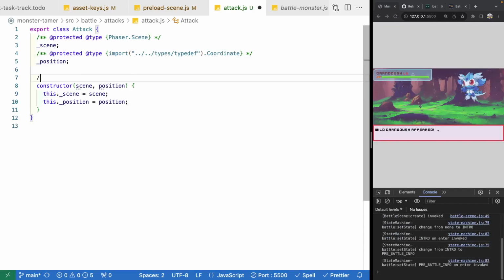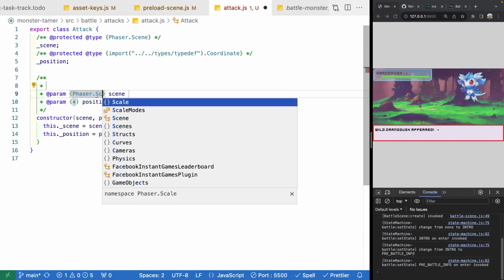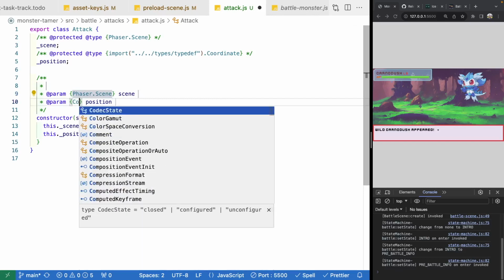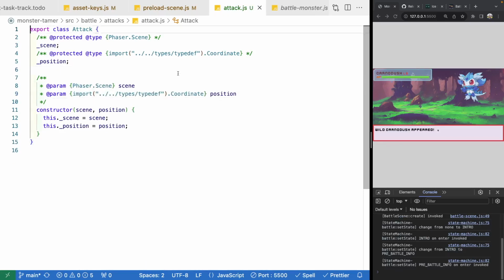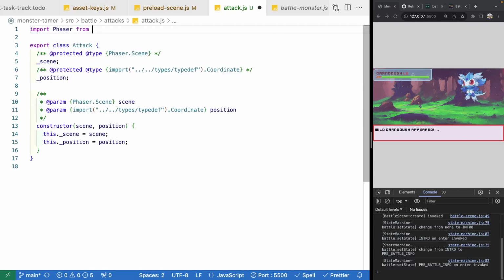All right, on our constructor, let's add in our JSDoc comments real quick. For our scene, this will be a Phaser.Scene, and for position, this is going to be our Coordinate. Then at the top of our class, we're going to import Phaser from